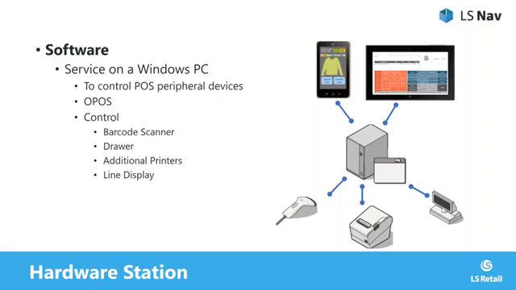And then a tablet or a phone solution could talk to that service and ask what is the scanning input, or print out a slip, or show a customer the display, the price of a product on the display. So we have the ability, and this is the one you would use, for example, for older POS